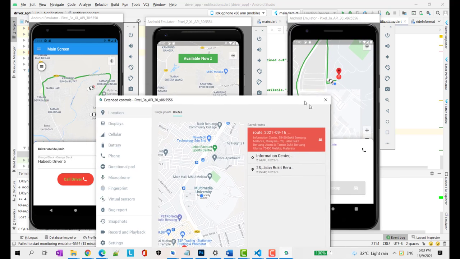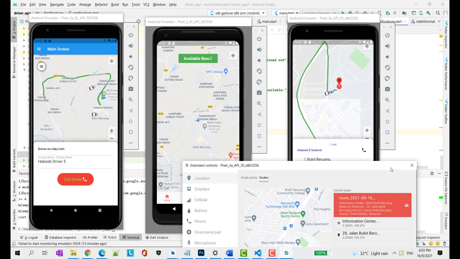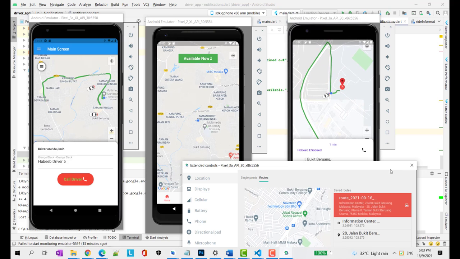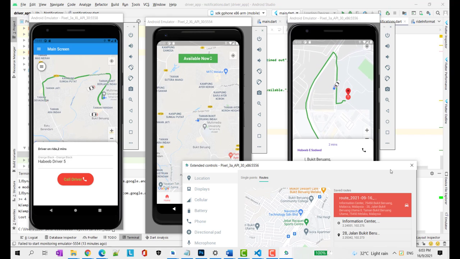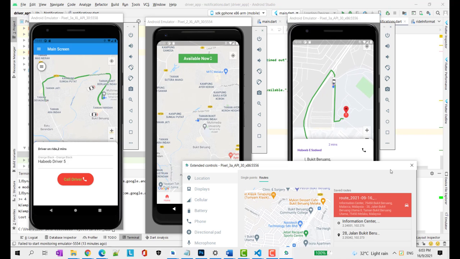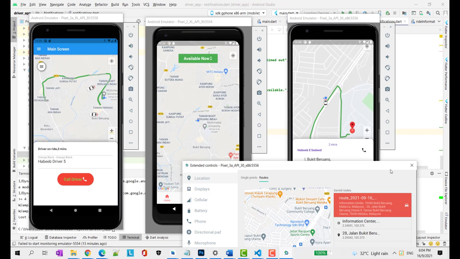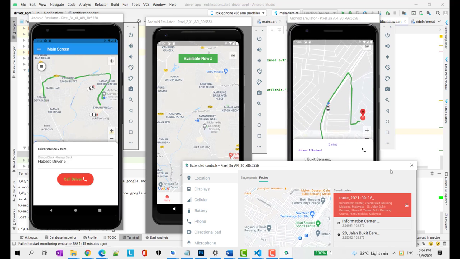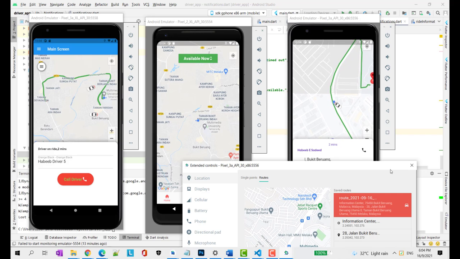I'm playing the route. It's very near to me. It just takes 1 minute to reach the driver, or it might take more because it's going near the destination, but from the destination it needs to go to the rider's location.